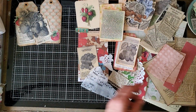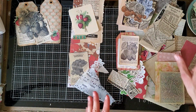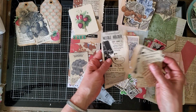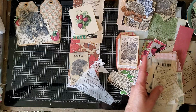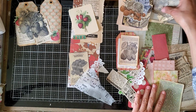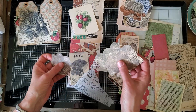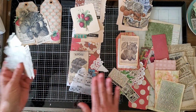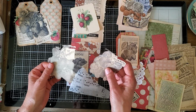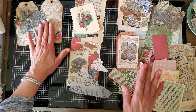So then I just start making ephemera, and today what I want to do is, I think I have gone through my antique newspapers and cut out some ads out of the back of magazines, and I have some newspaper that I have torn, and I have taken the images from the kit and cut them. The reason why I'm doing newspaper and grungy antique is because so many of the images that Stacy has used in this kit are from the newsprint kinds of catalogs for gardening, strawberries, and I like that look,